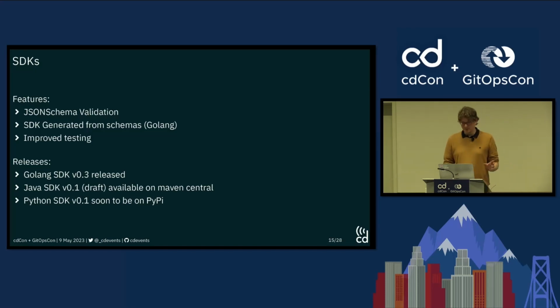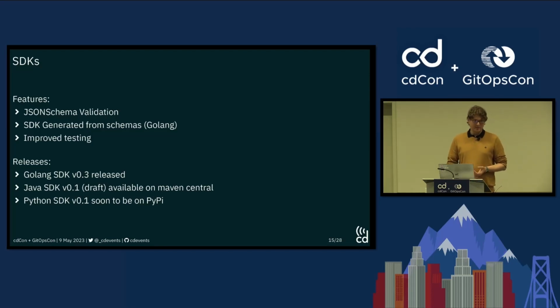So we started with a Golang SDK. We added features like JSON validation, so you can validate all the incoming events through JSON schemas, and you can also validate produced events. For the Golang SDK, it's now generated also from the JSON schema directly to improve reliability. We improved the testing as well. So we have the Golang SDK version 0.3 released,